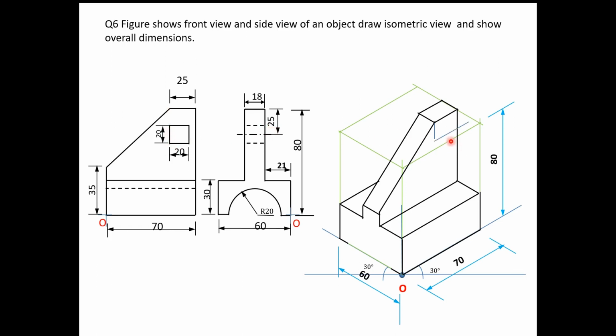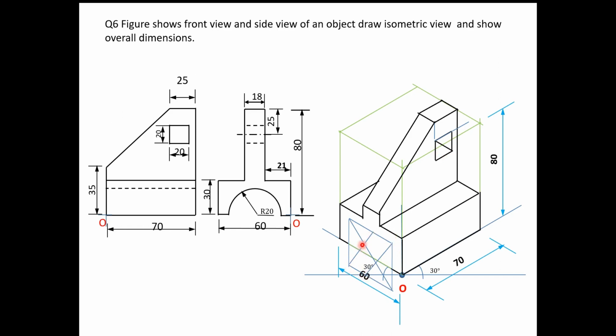So if you mark here, we will mark the center and we will mark this and complete this 20 by 20. Here this edge is matching with this edge, so that's why I draw this like this. Now next is circle, semicircle. So what we are going to do, we are preparing the rhombus 40 by 40. So we will prepare the rhombus 40 by 40. Next, join the major diagonal and minor diagonal endpoint and opposite edge midpoint, this and this.